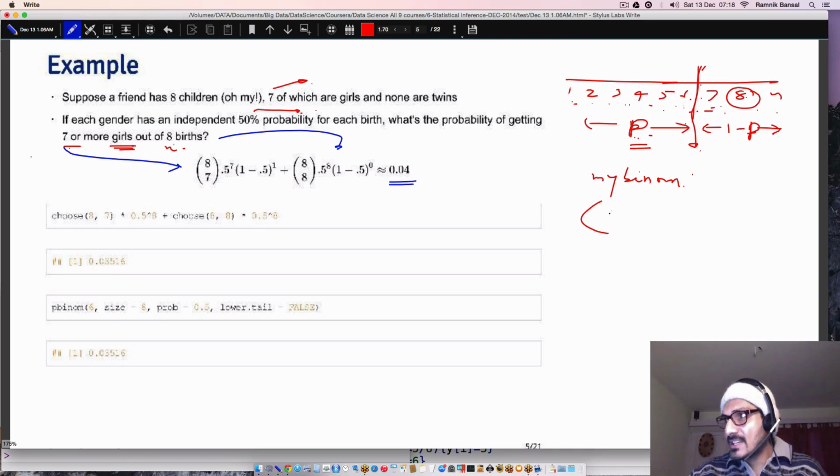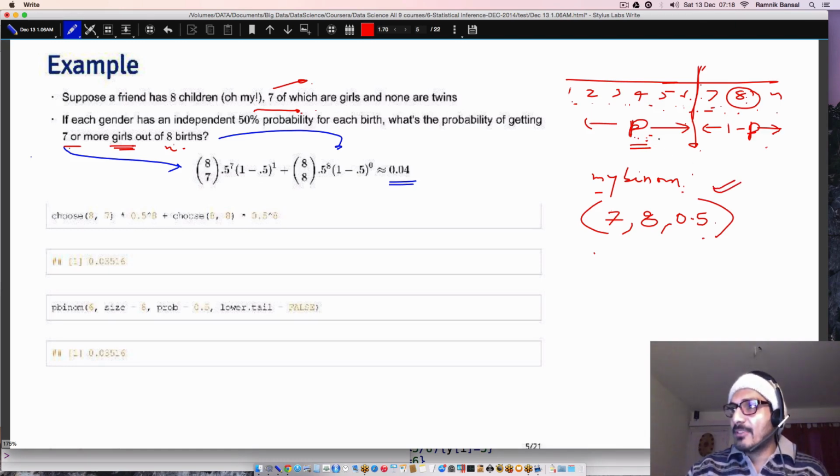So I say let me divide the line below 7, right? Then I say what is the total number, the size. In this case the size is 8. And then the next thing I need to mention is the probability, so I say the probability is 0.5. Now this will be my output P. That's it. My binom takes care of this. In case I want to measure this, I can just say 1 minus my binom for the same values. So at least this much part is clear.